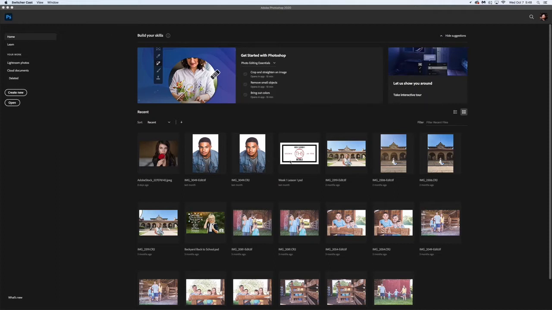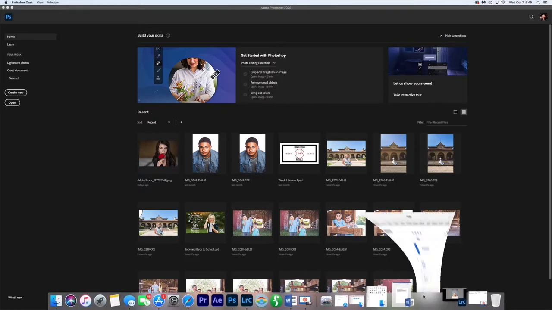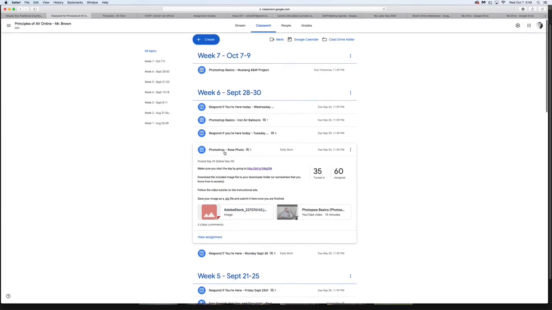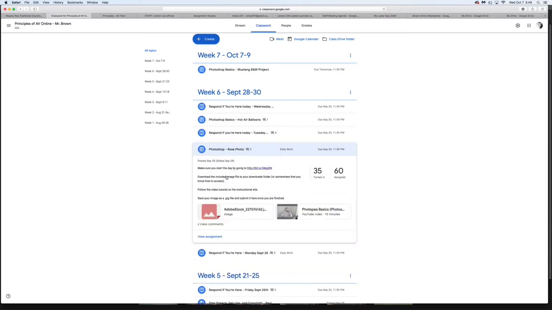So the very first thing we need to do is to get the file. And this is where a lot of people had problems. So I'm going to come down here to my browser. I'm using Safari. You're using, who knows, sometimes Chrome, sometimes Safari. Some of you wild, crazy people are out there using Firefox, and some of you basic people are using Edge, and I don't know why. So last week on the Rose tutorial, a lot of you had issues downloading the image. And let me show you a really quick thing about